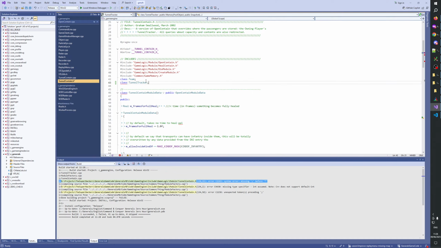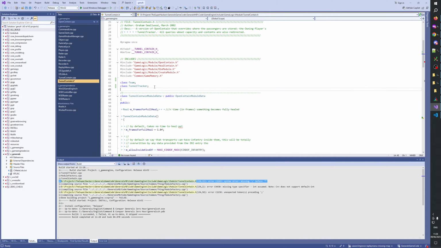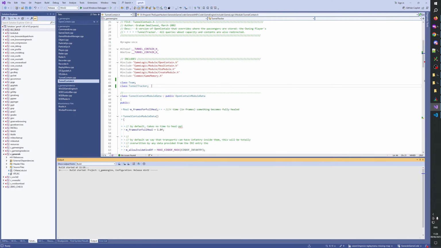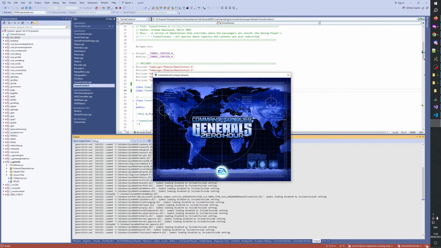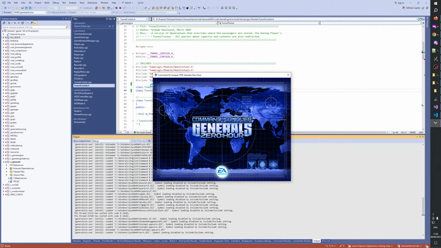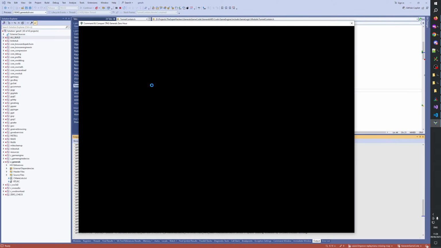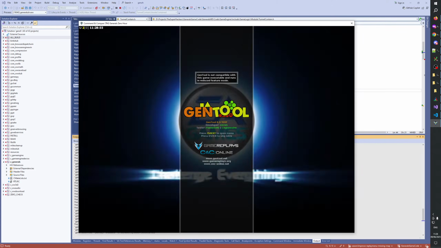Class tunnel tracker. Yeah, why does it try to add